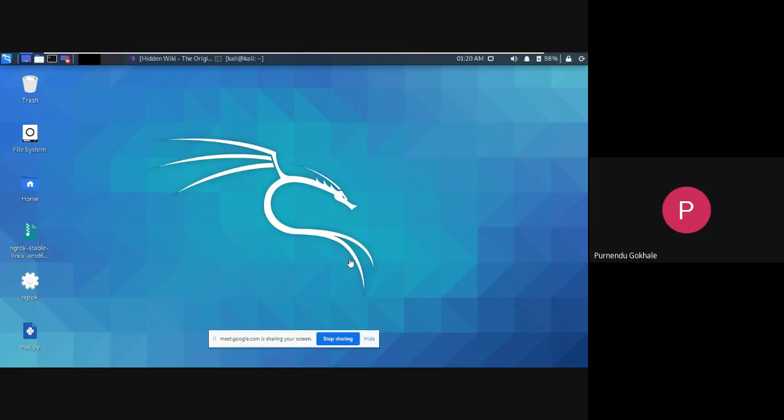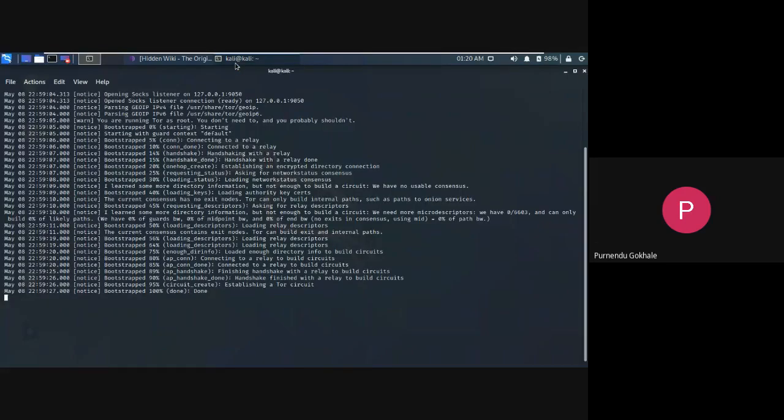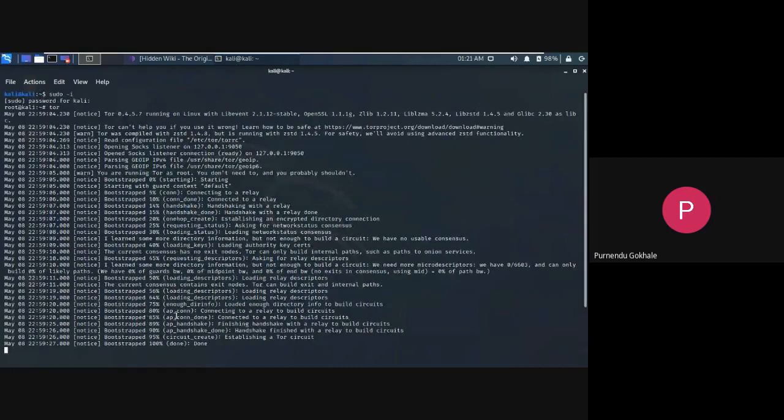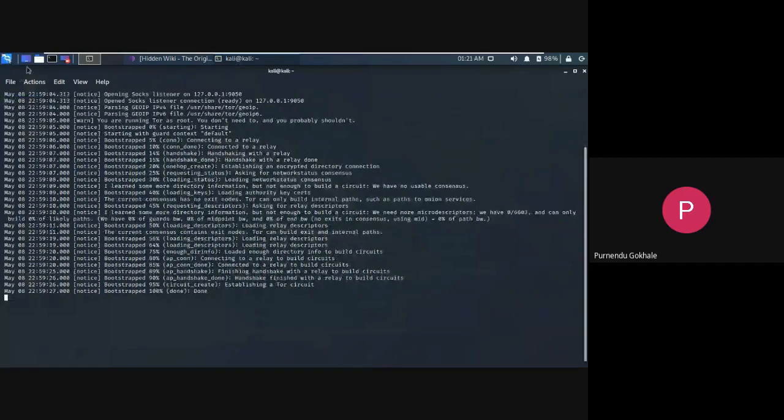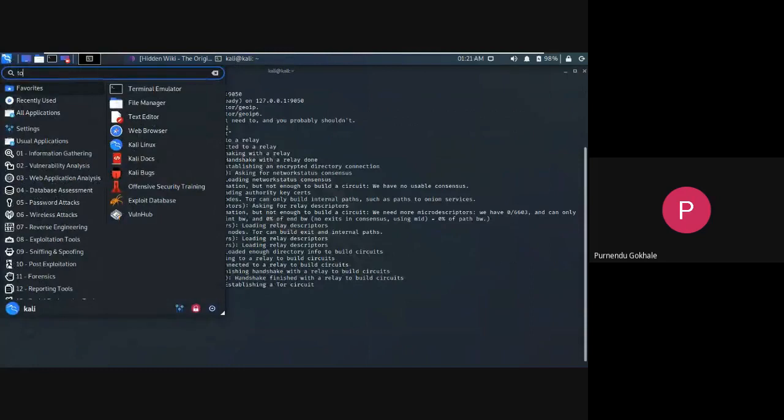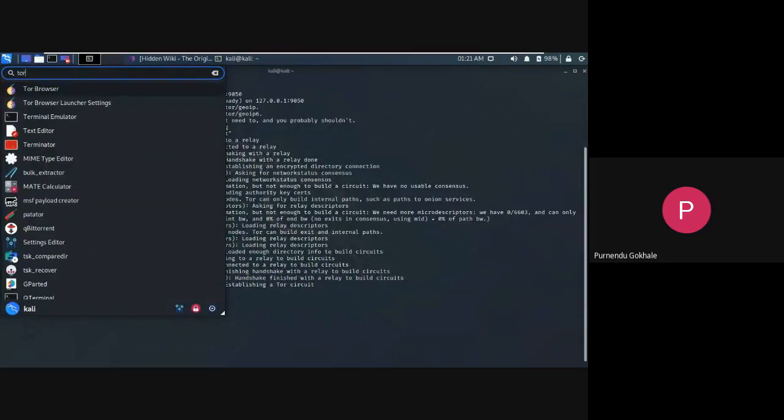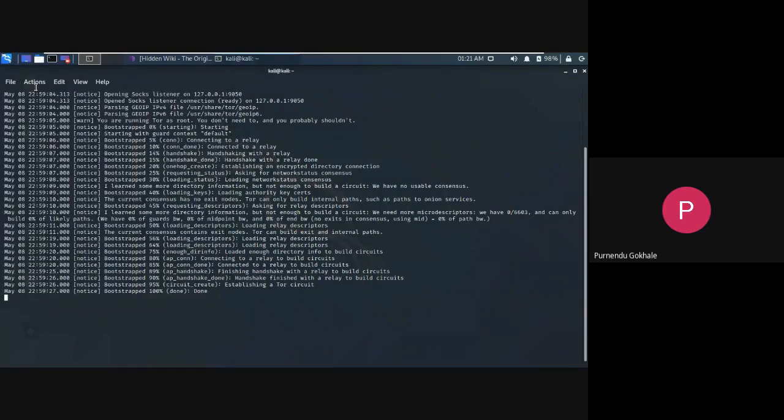So there are three encryptions in the browsing of Tor while we do browsing using the Tor browser. We can easily install it using sudo apt install tor, and to run we can just write tor, or we can search in the menu for Tor. It takes quite some time to install, so I've already done the installation, and opening also takes a bit of time, because establishing the secure connection requires some time. So I've already opened this.